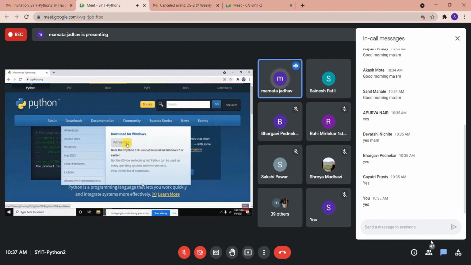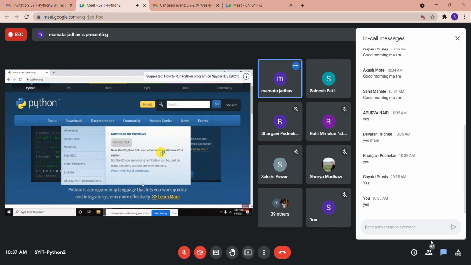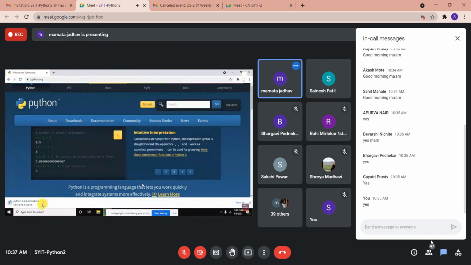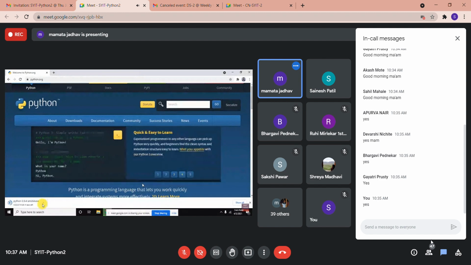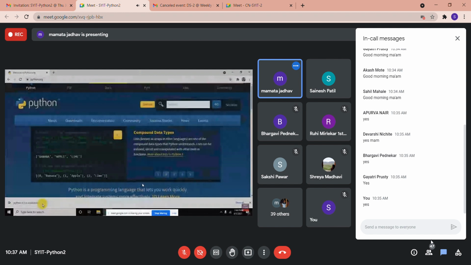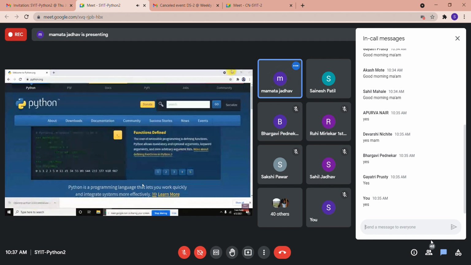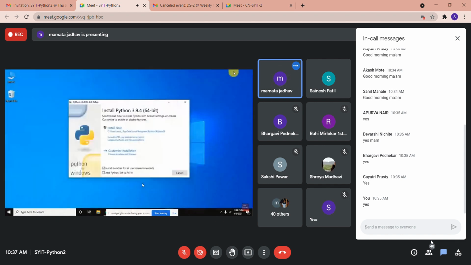As you click on the button, your executable file will start getting downloaded. Once you finish downloading, you have to double click on the executable file, and you have to select install now.